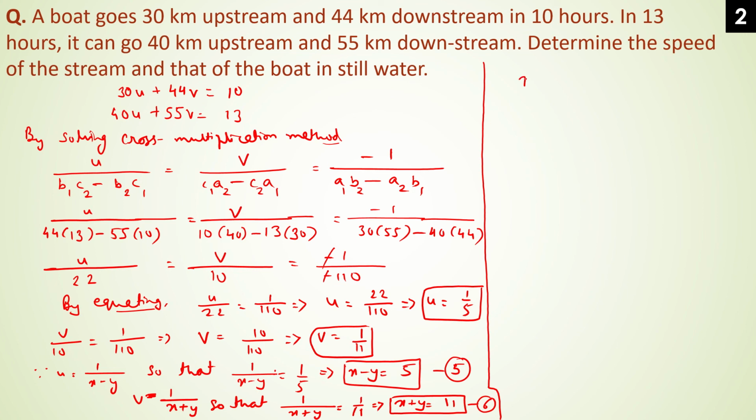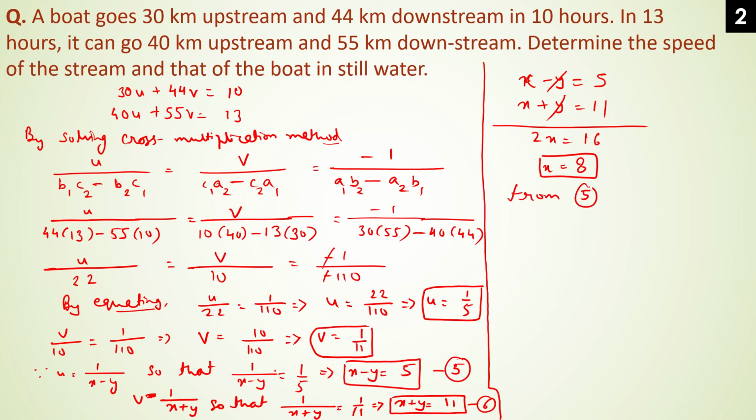So by using the elimination method, we will add these equations, and hence we get the values of x plus y is 11, so we get 2x equals to 16, and hence the value of x is 8, and from 5, 8 minus y is equals to 5, we get y is equals to 5 minus 8, that means minus y equals to minus 3, that means y is equals to 3,